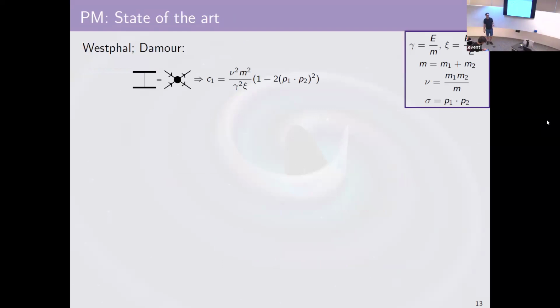Okay, so PM started off rather slow because again, it's not as great of a model of the inspiral phase. So there's some older results from the end of last century. Oh, that's a weird thing to say. Still, 25 years in is a weird thing to say. So there's some older results from the end of last century where it's tree level. Hopefully everyone remembers enough classical field theory to do tree level calculations. And you get out some very simple results.